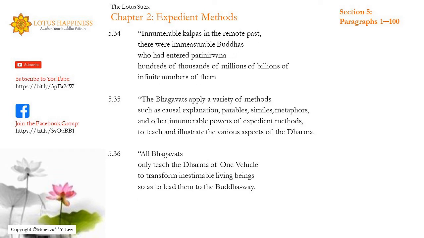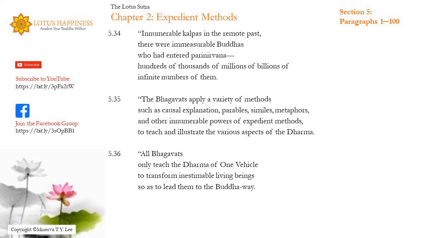Innumerable kalpas in the remote past, there were immeasurable Buddhas who had entered parinirvana. Hundreds of thousands of millions of billions of infinite numbers of them. The Bhagavats apply a variety of methods, such as causal explanation, parables, similes, metaphors, and other innumerable powers of expedient methods, to teach and illustrate the various aspects of the Dharma. All Bhagavats only teach the Dharma of one vehicle, to transform inestimable living beings, so as to lead them to